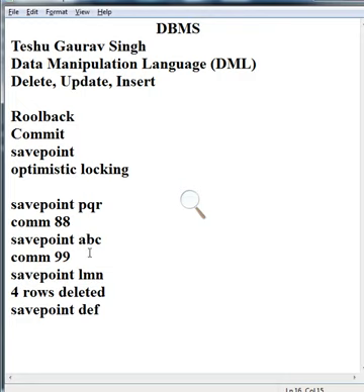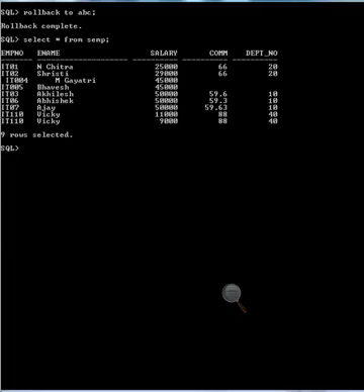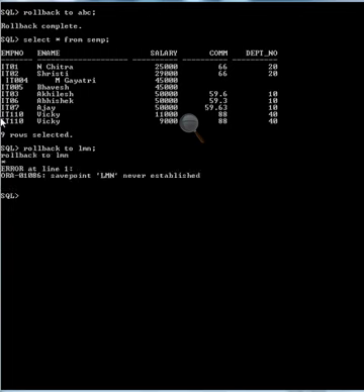After giving the commit command, all the save points are cleared automatically. So if I try to roll back to LMN, it gives us the error save point LMN never established, because it is cleared automatically.